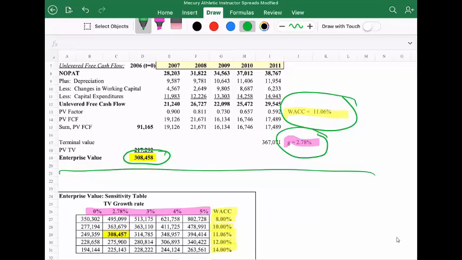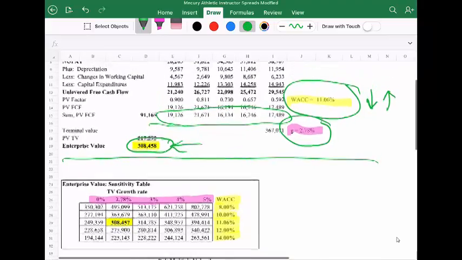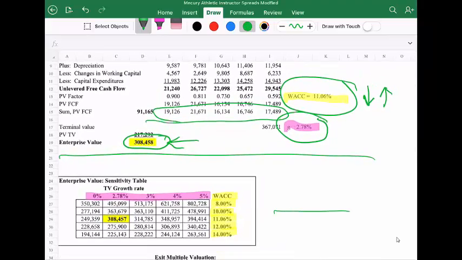Now, if you remember, when we calculated WACC, we had a lot of different variables and a lot of different assumptions that went into that. So if that WACC is off by even a little bit, either lower or higher, it's going to affect the value that we came up with in our discounted cash flow. That's not even to mention all the things that could go wrong in calculating the free cash flows for the planning horizon. So we're going to ask you to perform a sensitivity analysis, and that's what we see down here